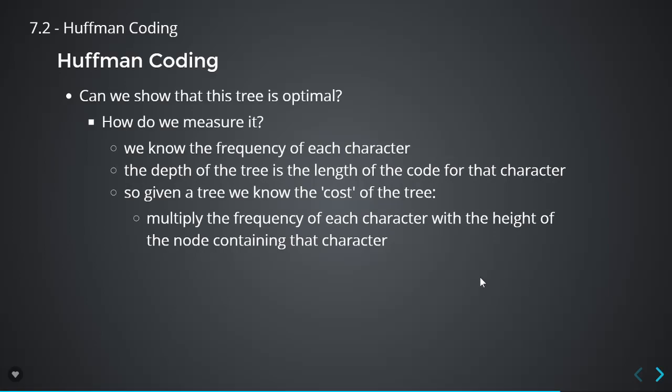Well, what are we using this tree for? We're using it because we want to compress our text file, right? We want to create codes such that we can shrink the size of our text file. So, what is the cost of